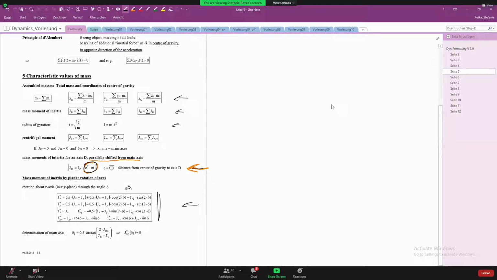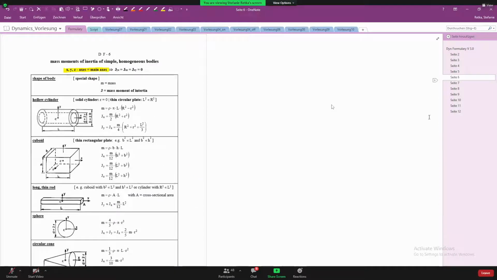So these are the equations we want to use, but we need our original mass moments of inertia in the equation. So we need to go to the next slide